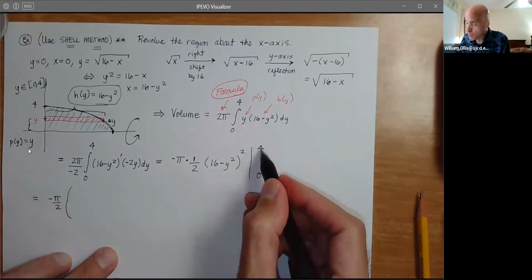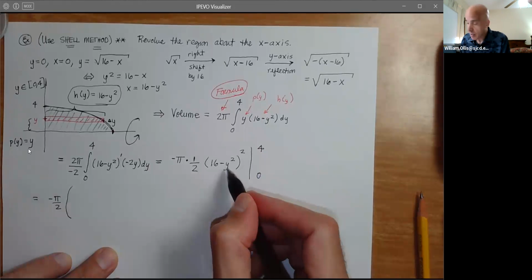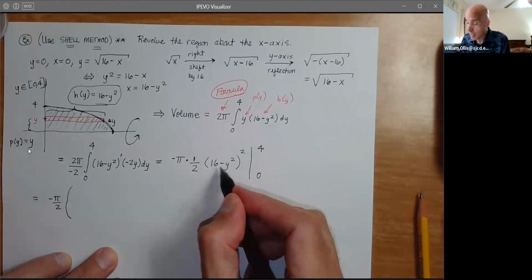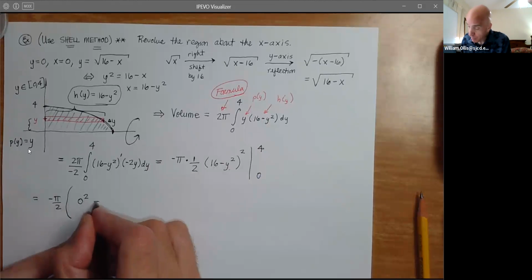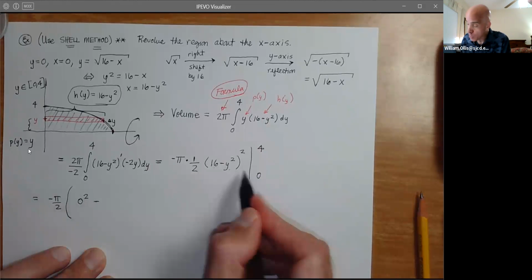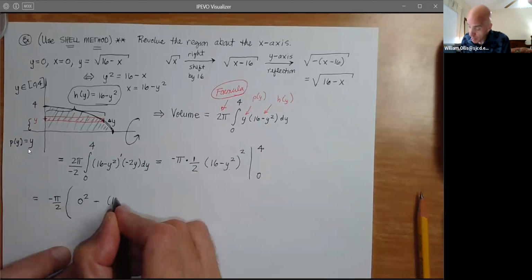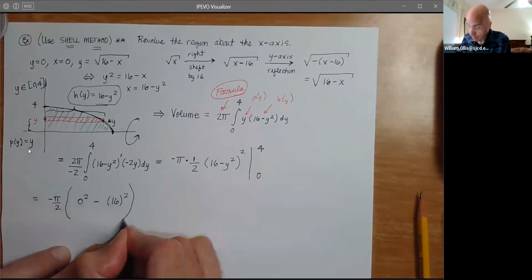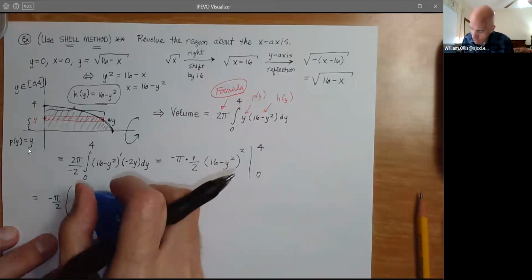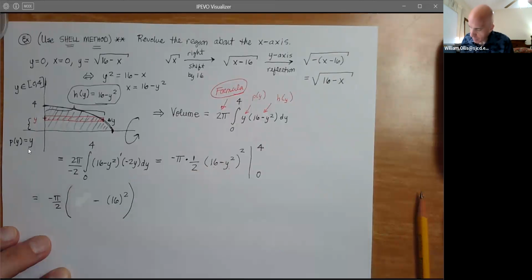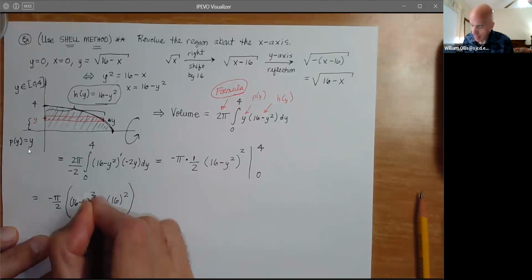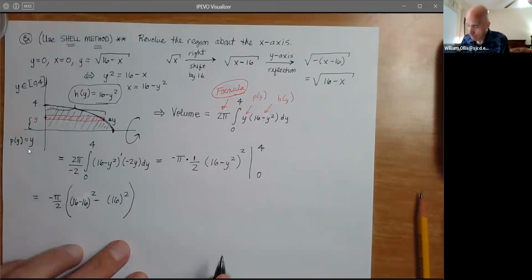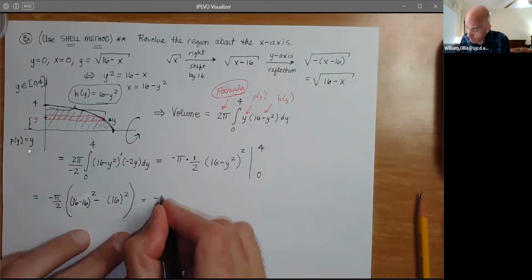And note, when we substitute the 4 here, we get the 16 minus the 16. So this annihilates. So we just get 0 squared there. And we have minus. And now, of course, when we replace with the 0, we get 16 squared. So let me just write this out, that way you can see it. 16 minus 16 squared, and that's 0. Okay. So now we get a -pi/2